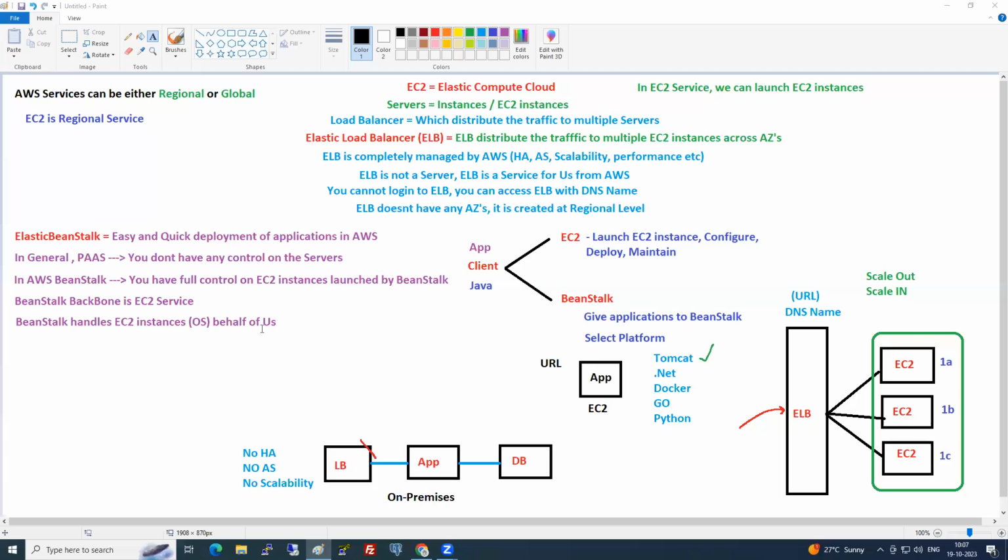So what service is that? Lightsail, where everything is readily available. You just need to go and select it. No deployment, nothing, no EC2, nothing. Click it, and it is automatically created with the application inside it, and then you use it. Can we say software as a service? Everything is there. But you still have control over that machine.